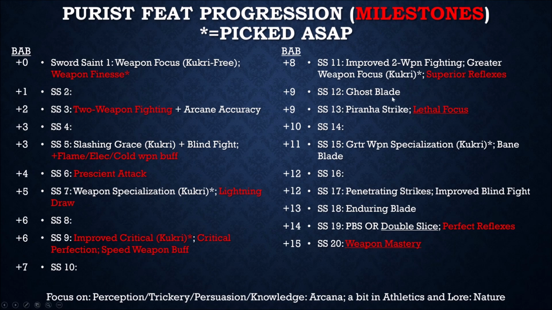Ghost Blade is a decent pick here. It doesn't have to be, but this is the choice I picked. This one gives you not only Ghost Blade, but that Brilliant Energy one, where you buff your weapon. I figured if you're going to be a weapon guy, you might as well have the best weapon buffs. Notice you have Bane Blade, and this will be something that this build gets, but none of the other builds do. Basically, anything that you see that's special from level 13 to 20 is not available on the other builds. Like Lethal Focus,